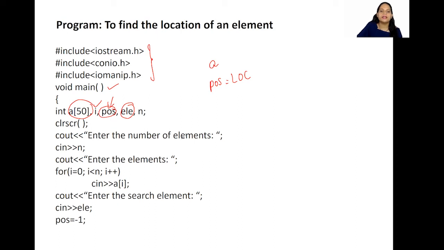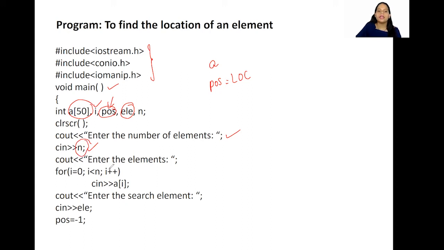First, enter the number of elements. This is going to be constant in any array program you see. First, we ask the user how many elements they want in the array, and whatever input they give, we store it in n.